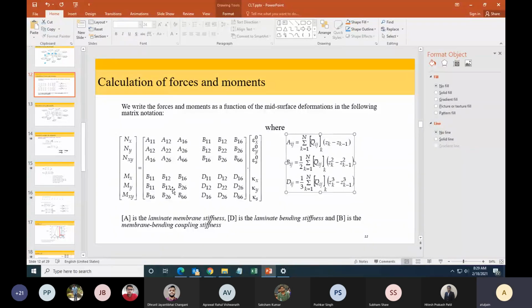A few weeks ago, somebody was asking me, why do we generally opt for an even number of lamina in a laminate? This is one of the reasons. We will opt for an even number of lamina and try to make it symmetric. If you make it symmetric, the B matrix is 0. If the B matrix is 0, then the tendency of the laminate to warp during manufacturing will become significantly lower. Is this clear? Yes, sir.